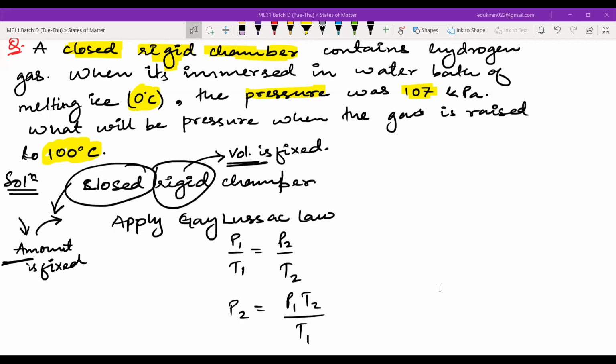Please, you guys don't forget to change the temperature into Kelvin scale, okay? The calculation will be a bit lengthy, so you can approximate here and there, okay? You can tinker a few things.